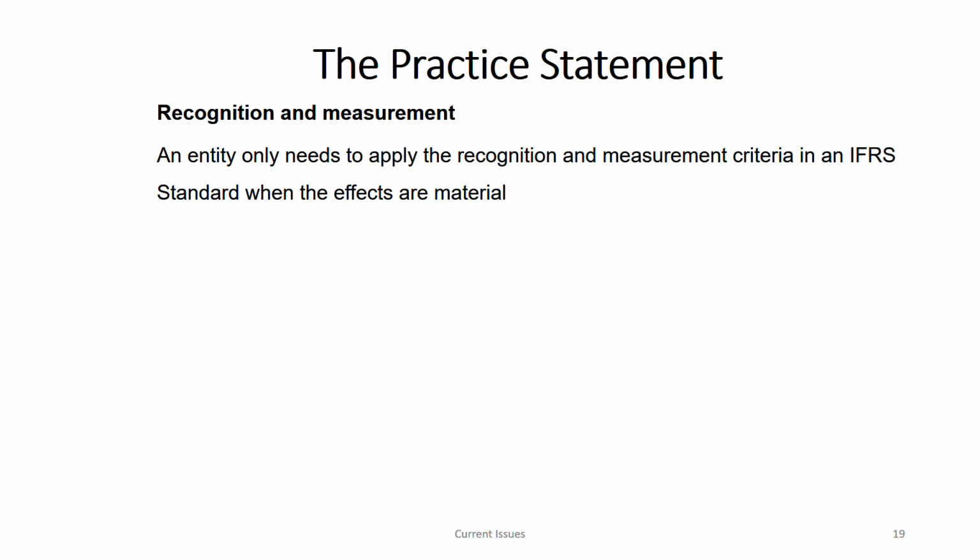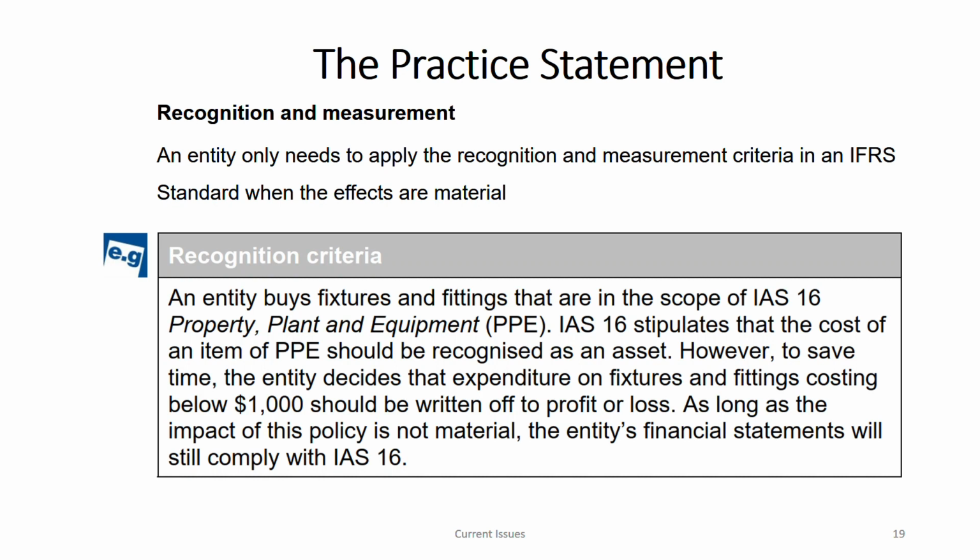For example, when you decide that under a specific IFRS, let's take, which standard should I take? Give me an example. Okay, let's say IAS 16, property, plant, and equipment. When you decide, how do you decide whether you have to include this asset or not in the financial statements? So even in the recognition, even in the measurement, when you feel that the effects are material, you include it. You recognize it, you measure it. In that recognition and measurement criteria, in that specific IFRS standard it is given that it has to be material, then you include. So this is an example that is given.